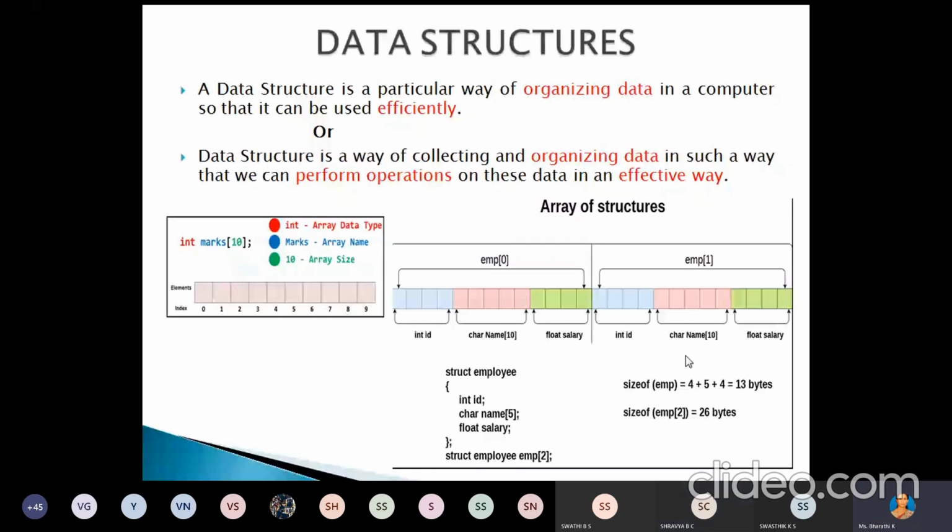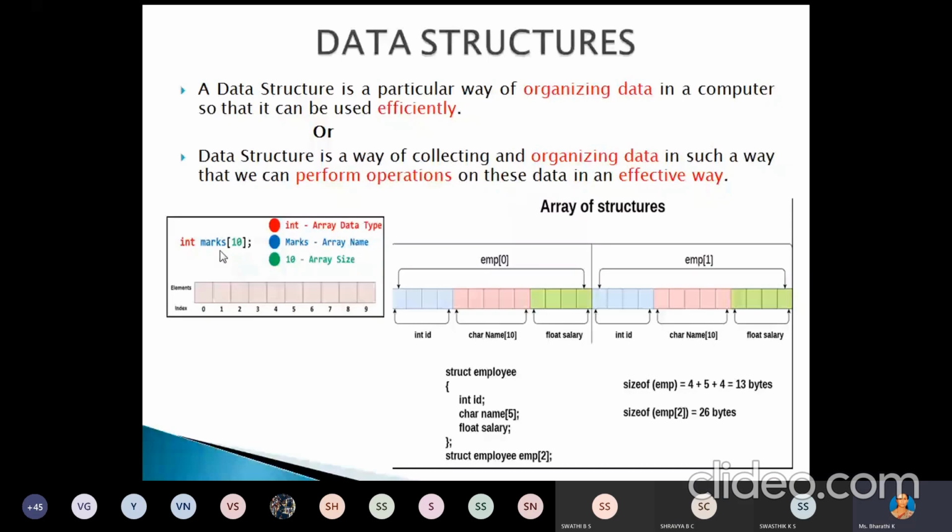Here we have 2 examples. First example is array. Here we have 10 marks, and those 10 marks are integer type. Initially, those 10 marks are in unorganized form. In computer memory, we are storing them in the form of an array.